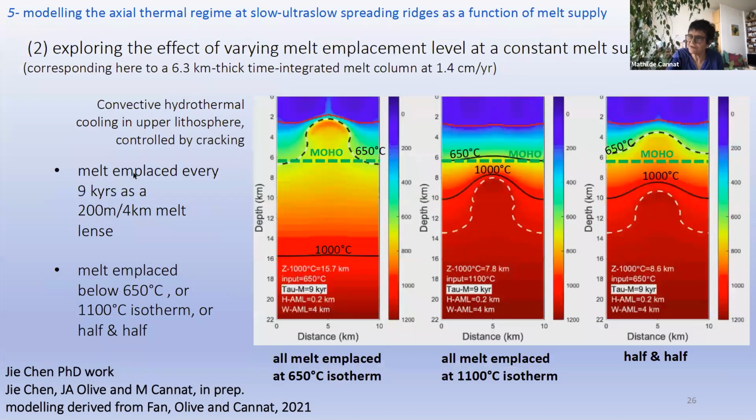So that's one thing we can explore. The other thing is to explore the effect of varying the melt emplacement level at a constant melt supply. So that's really this question of whether the melt is... and you can see that if you emplace all the melt, as in this case, so that would be for 6.3 kilometers thick time integrated melt column,